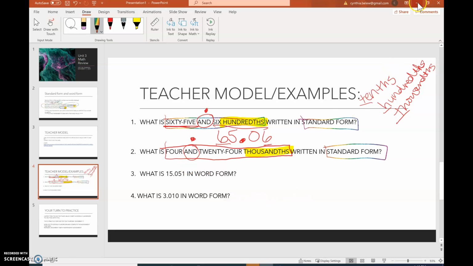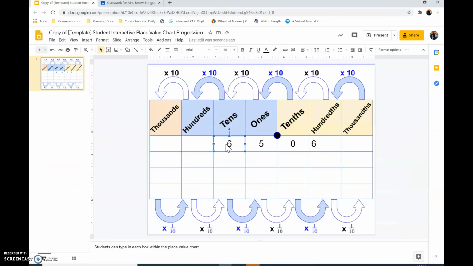I'm going to click back over and I can delete this. I just click in it, highlight, delete. Click in it, highlight, delete. Click in it, highlight, delete. So it was